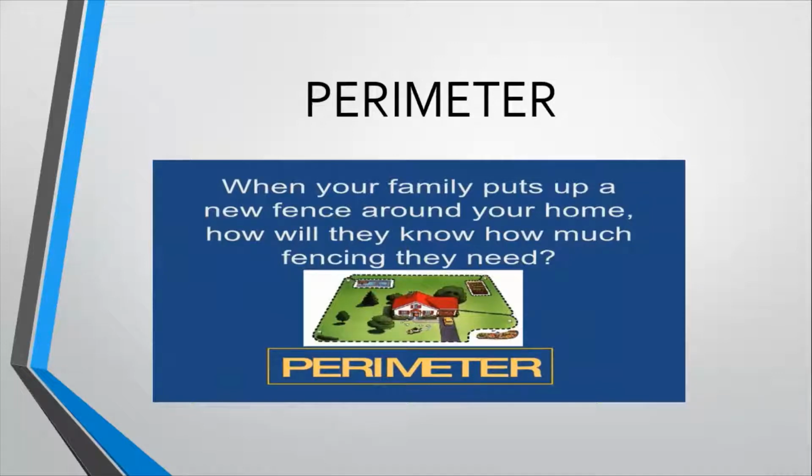For example, if I'm taking this register in my hand, and I want to know the perimeter of the register, the boundary of the register, I am going to measure all its four sides, and after measuring all four sides, I am going to add those four sides simply, and I will get the perimeter. So perimeter क्या होता है? Perimeter is the boundary of anything. It could be rectangular, triangular, square, or any simple symmetrical shape.